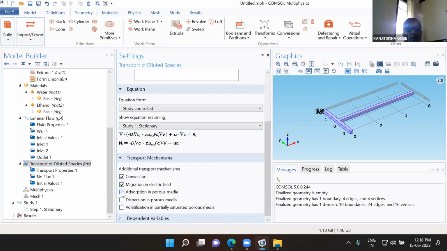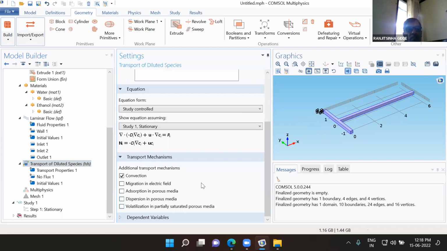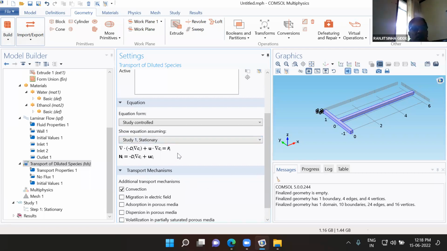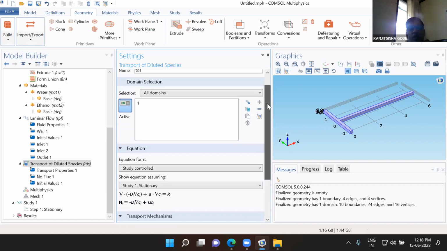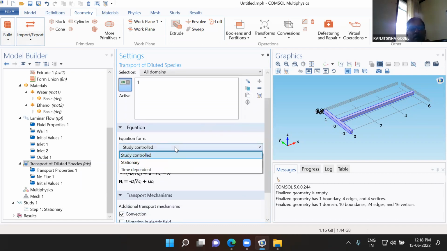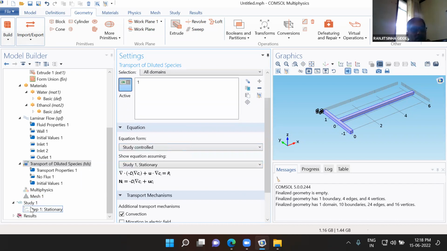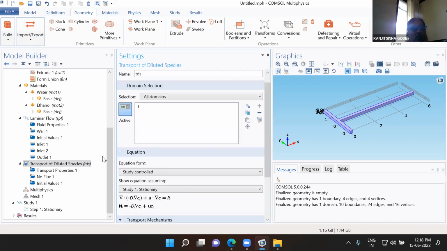Okay. Now, the governing equation for this is based on convection, adsorption, then dispersion, polarization. So the convection diffusion equation. So generally we are assuming the mechanism includes the convection. So this one is the governing equation, or whatever assumptions we have made. The equation is, again, the steady, stationary one. So again, with respect to this transport of diluted species,